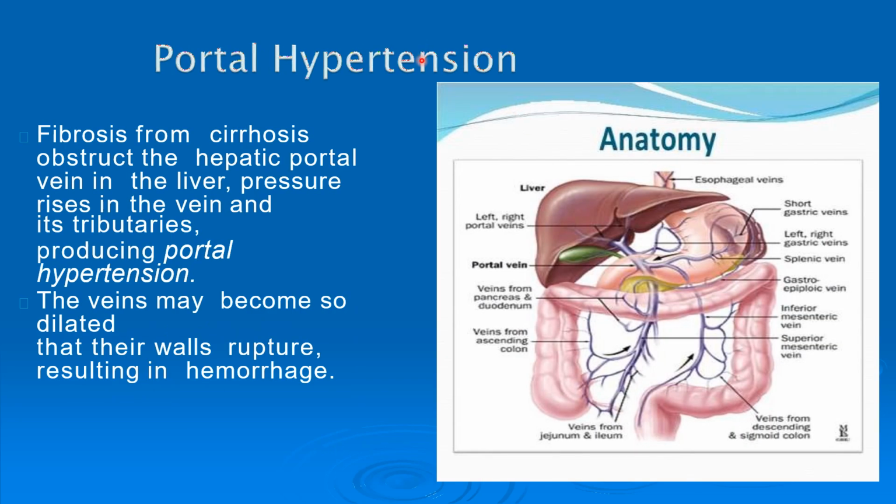Something about portal hypertension. I already told you, three veins join together to form the portal vein or hepatic portal vein, and it supplies 75% of blood to the liver. Due to problems like cirrhosis, when the liver is unable to receive blood from the portal vein, blood will accumulate here, resulting in hypertension. Due to hypertension, the blood will accumulate in the tributaries or branches which drain into the portal vein, like the superior mesenteric vein, inferior mesenteric vein and splenic vein. So those veins may rupture due to excessive distension and that will result in bleeding.